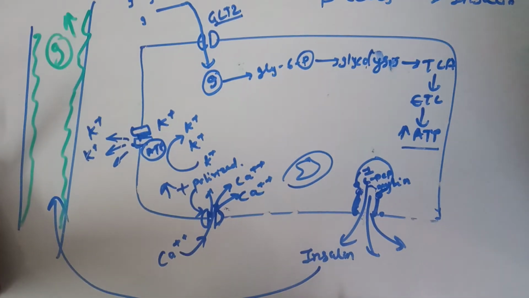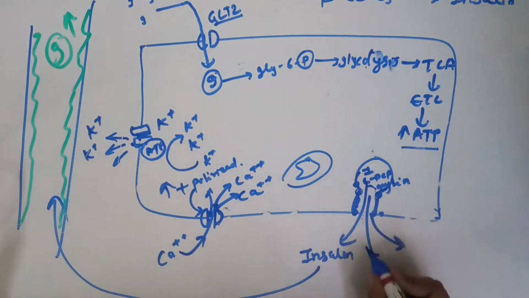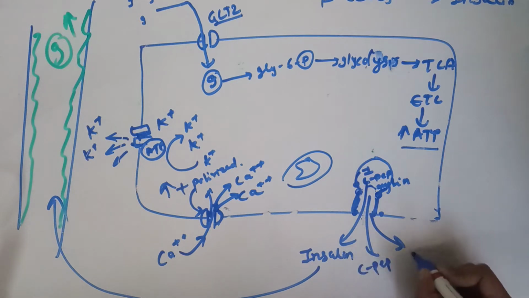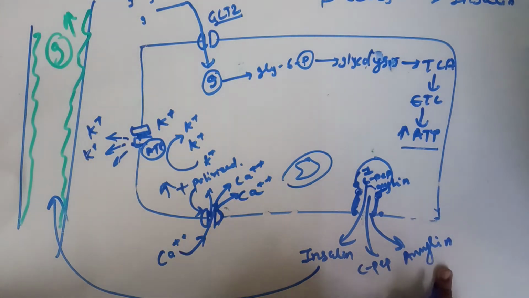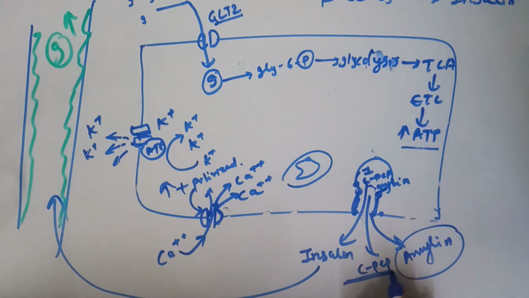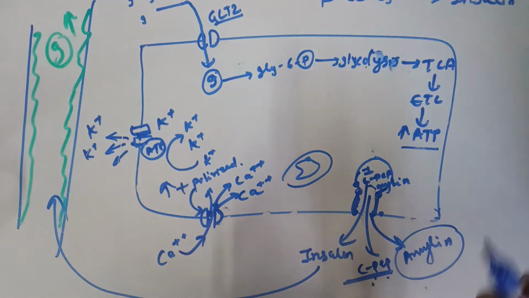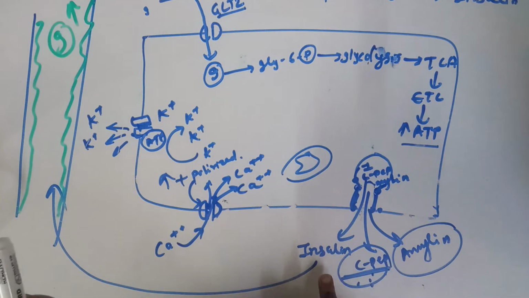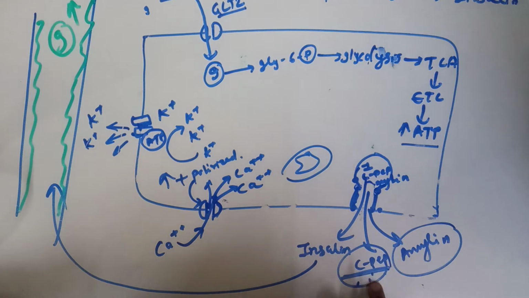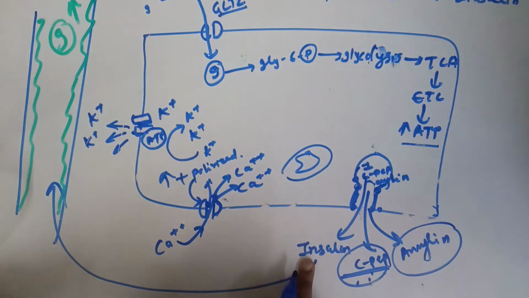Okay guys, with this insulin, it also releases C peptide and amylin. Amylin has a significant role in diabetes too. I will explain this later. And what is the significance of C peptide? Because of C peptide, we can monitor the insulin level of any patient, exactly how much insulin concentration is there, because C peptide can be measured directly instead of insulin. So if we measure your C peptide level, automatically we can monitor your insulin level.